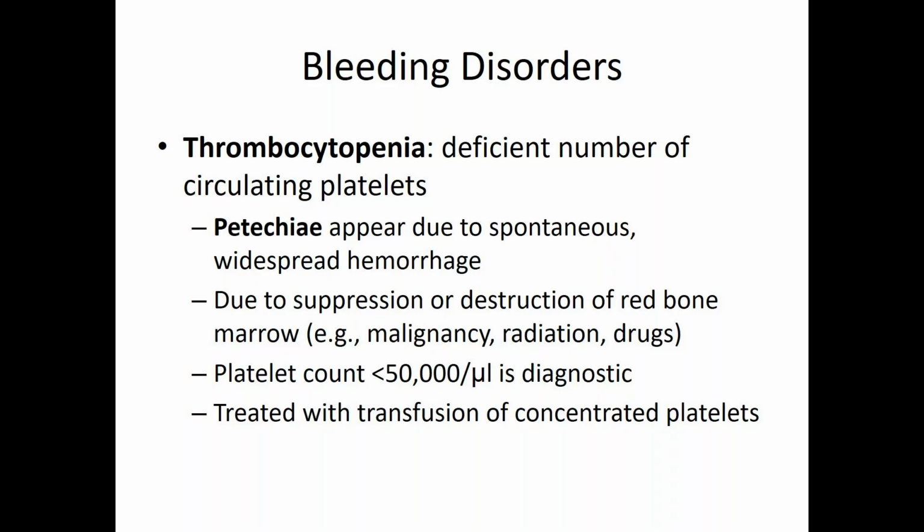You might be on any number of suppressant drugs that go into that. So ultimately what they're going to get out of this is a really, really low platelet count. Something below 50K per microliter is diagnostic. Reasonably easy to treat, in that we're just going to give you a bunch of platelets, right? But the issue here is A, you're not making your own, and B, platelets don't last very long. And so you have to continuously get platelet transfusions. Continuous transfusions run the risk of bloodborne disease infection, so it's not a great thing.